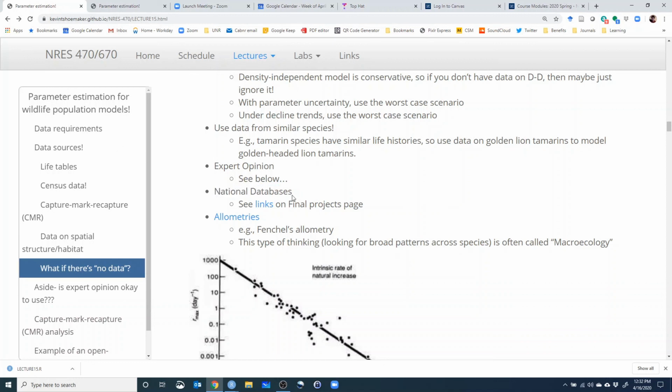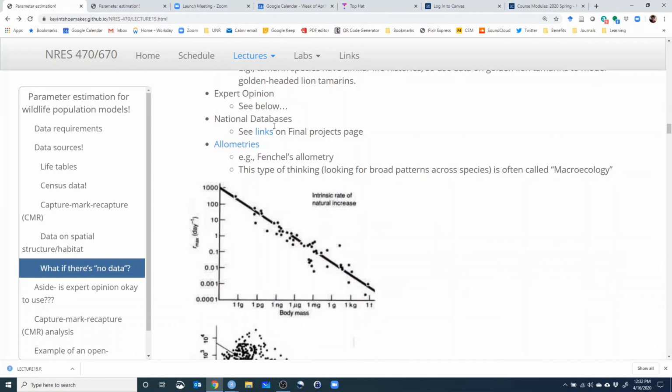We sometimes can get data from national databases that we might not realize exist. That's more useful for things like habitat suitability for modeling. There's a lot of spatial data out there that might help you define how much habitat there is, which might help you define what carrying capacity is. Even if you think you don't know anything about carrying capacity,